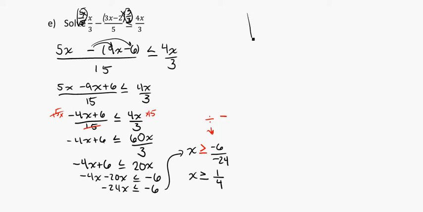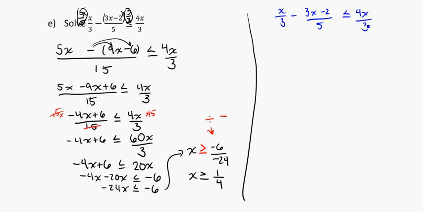Now, a second solution for us, if you want to think about an alternative way of solving this problem, could be to take the original one: x over 3 minus (3x minus 2) all over 5 is less than or equal to 4x over 3. Now, kind of like I did in this step over here where I times the 15 to everything on both sides of the equation, and allowed it to cancel, I could do the same step here if I felt like it. So in this case, I notice that there's a 3 on the bottom, so if I times every single term in this equation by 3, I can actually cancel where the 3's are in the same place,